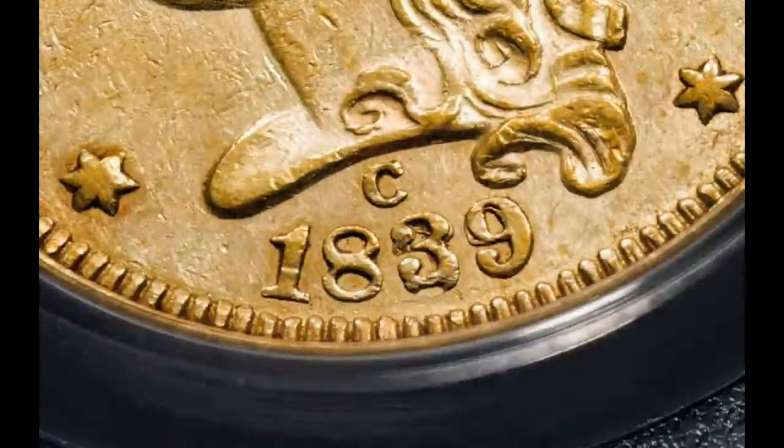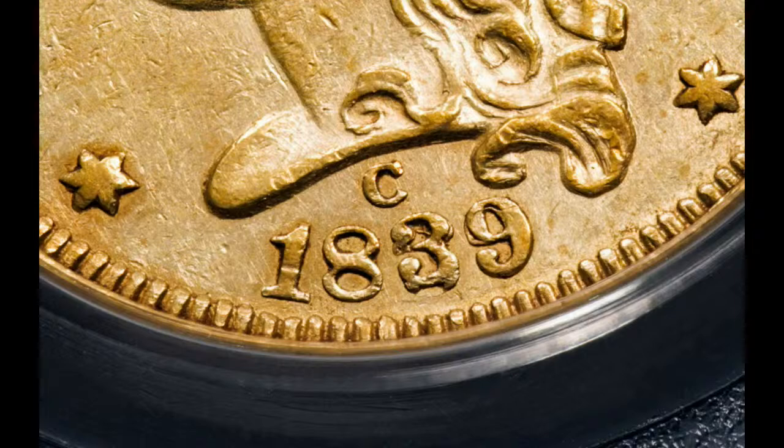And again, we're talking to maybe collectors who are a little newer and don't know about these coins because they're so rare and so unique. A lot of people, they see this C mint mark and they might think it's from the Carson City Mint. We do talk a lot about coins from that, another part of that whole Western Wild West expansion, and there's such a mythology surrounding that Carson City Mint. But the Carson City Mint has 2 little C's. This is a single C, and that C is for that Charlotte Mint that we're talking about. So the mint opened its doors in 1837, starts striking coins in 1838,